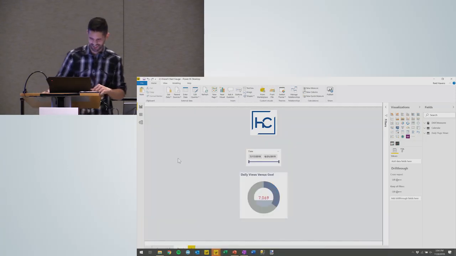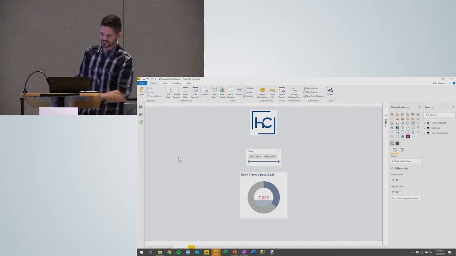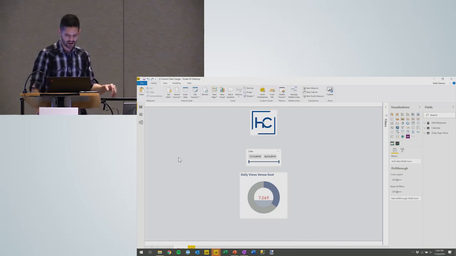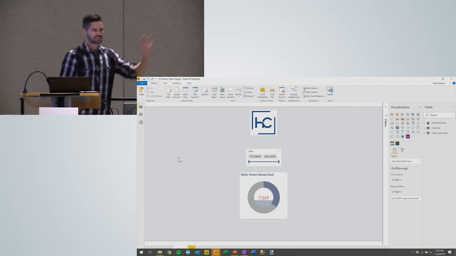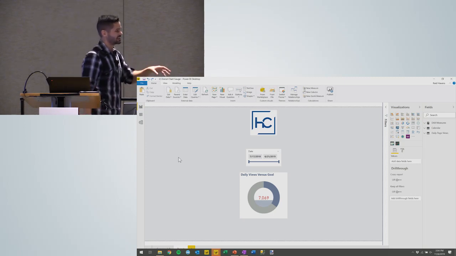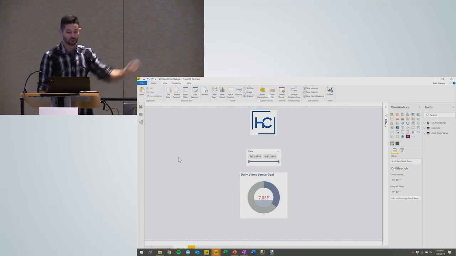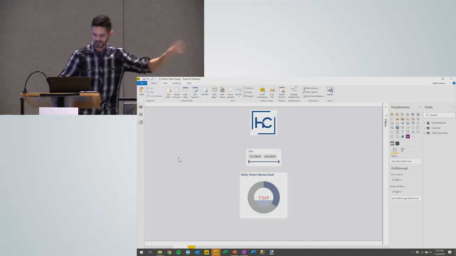So this is something that I want to give a nod to Mike Carlo at PowerBI.tips. This was his invention that I saw at another demo six months ago, and I've been waiting for him to do a blog on this, but he hasn't gotten there yet. I think it's a really, really clever way of layering visuals. I wish I had thought of this one. I have a bunch of others, but let me show you how it operates.